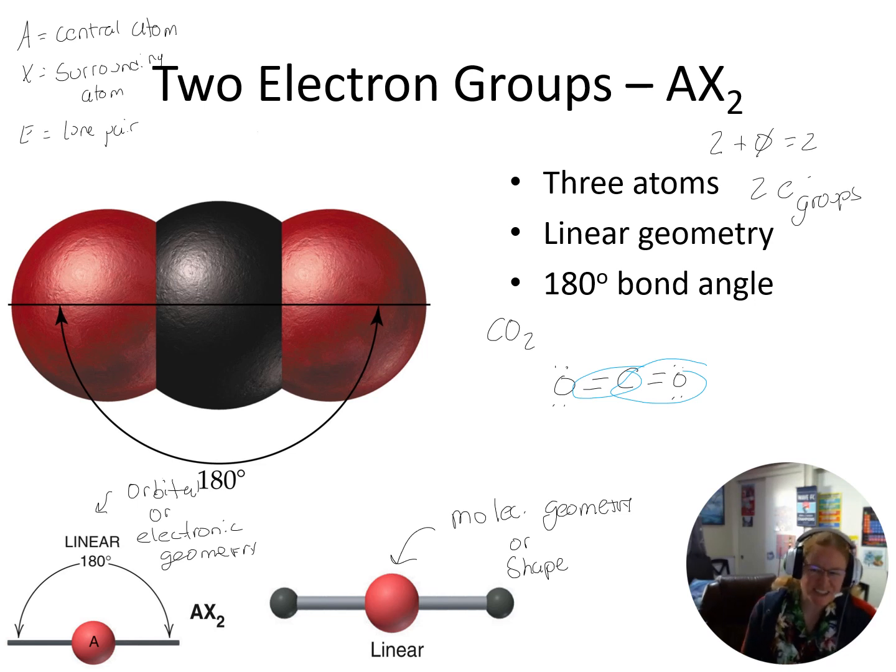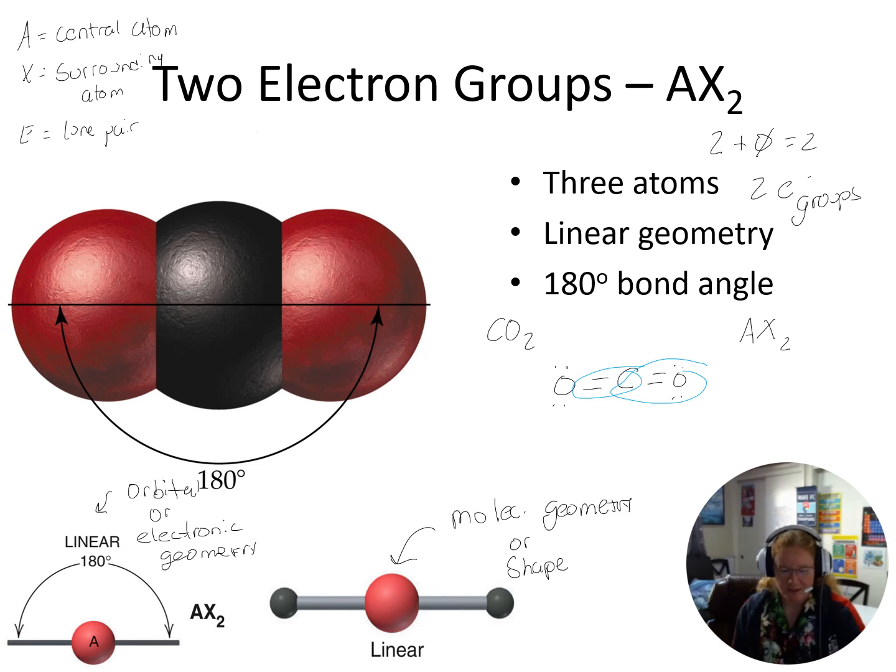Which is why it's actually easier to just count the number of surrounding atoms. So I've got carbon as my central atom. I have one oxygen, I have a second oxygen. So I have this AX2. So if you have a situation like this, no lone pairs, now we have linear orbital geometry and linear molecular